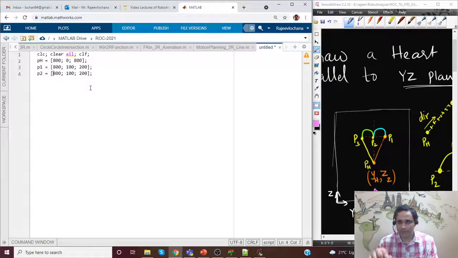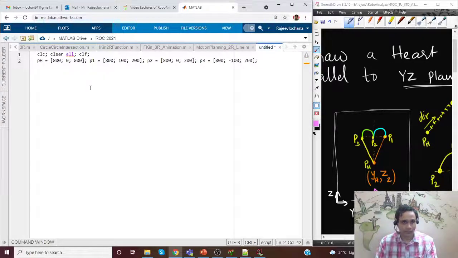Now P2 is directly above PH, so Y component will just be 0, and P3 will have Y component of minus 100. Everything else is the same. Okay, so this has been implemented. I'll just try to keep all in one row so that we have more space.